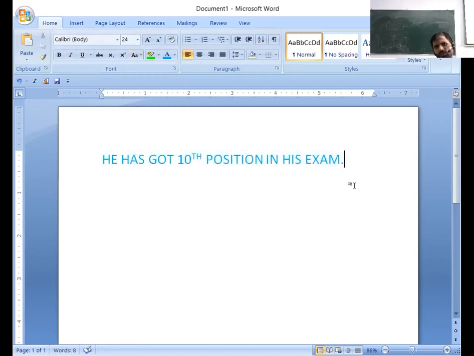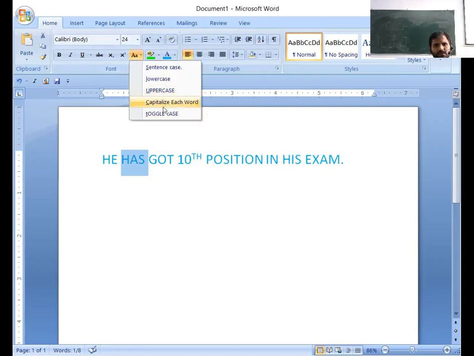So you can see after going through this, I have capitalized each word in this document. There are different options: toggle case, capitalize each word, lowercase, sentence case.